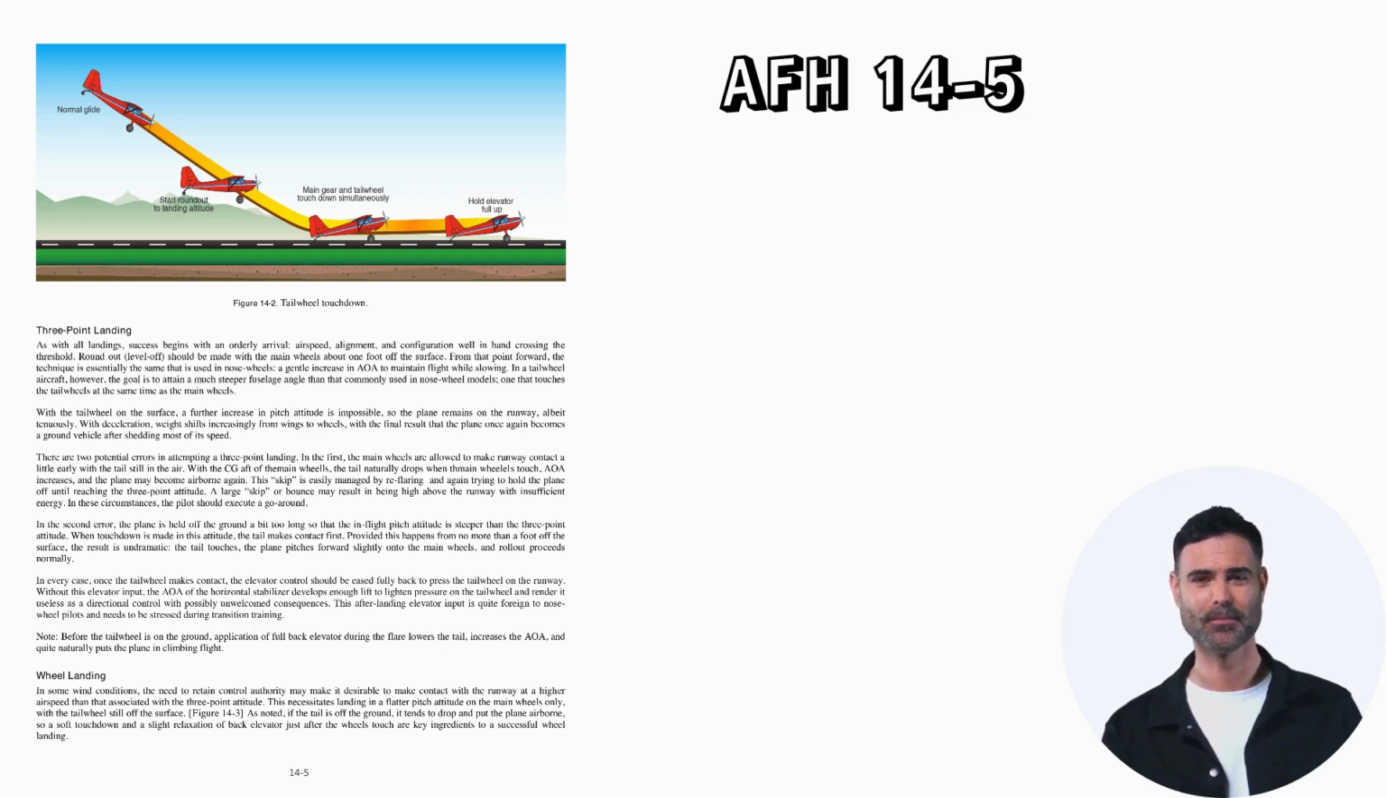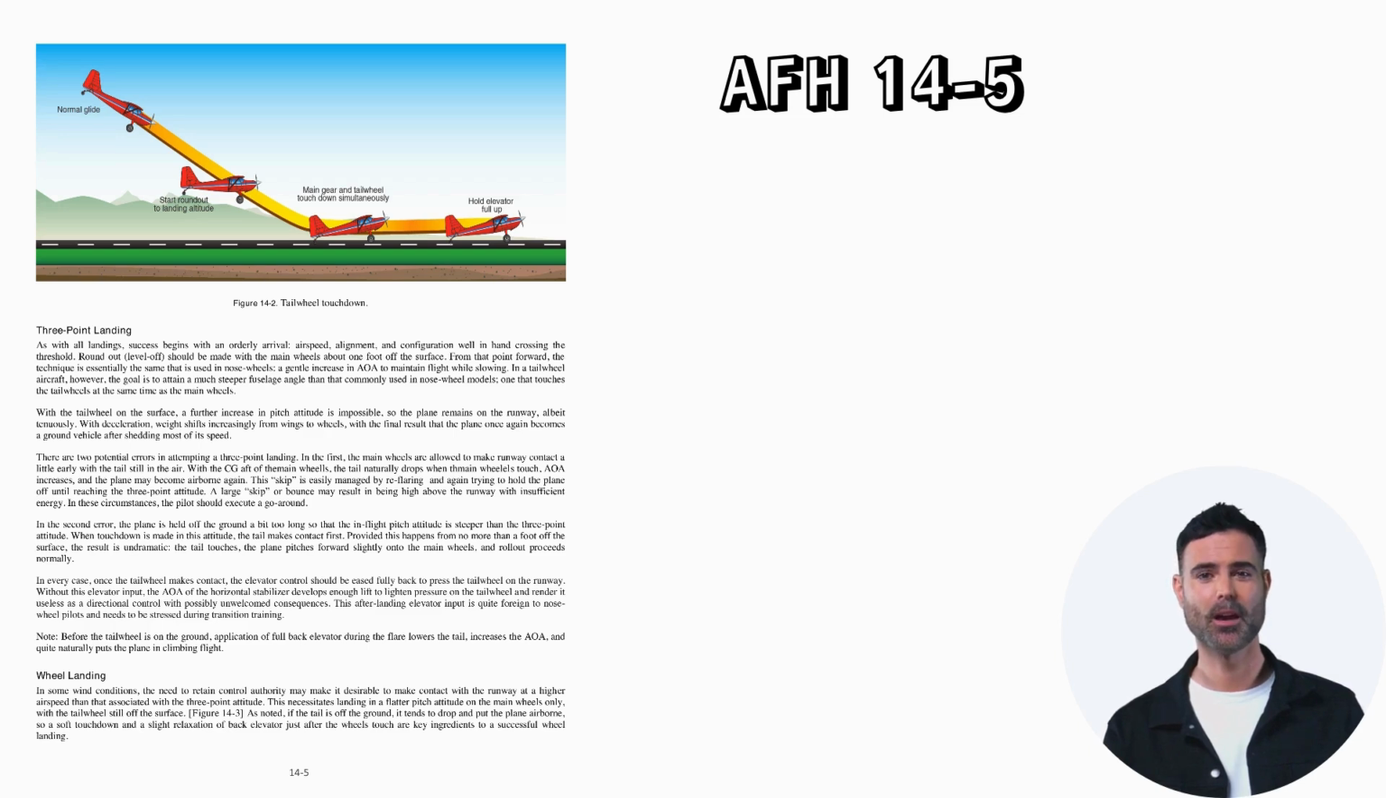Wheel landing. In some wind conditions, the need to retain control authority may make it desirable to make contact with the runway at a higher airspeed than that associated with the three-point attitude. This necessitates landing in a flatter pitch attitude on the main wheels only, with the tail wheel still off the surface. As noted, if the tail is off the ground, it tends to drop and put the plane airborne, so